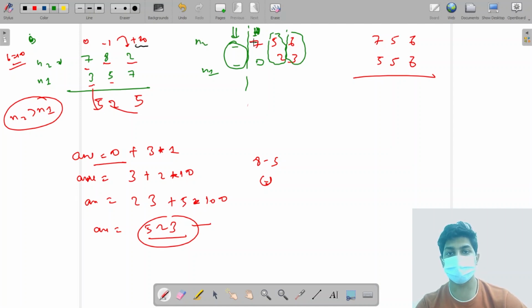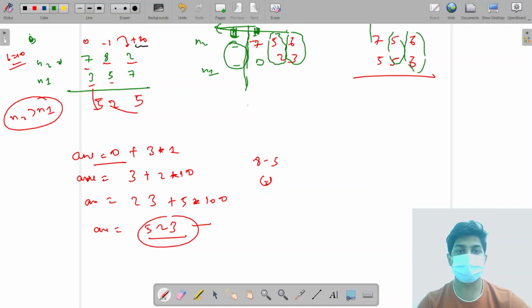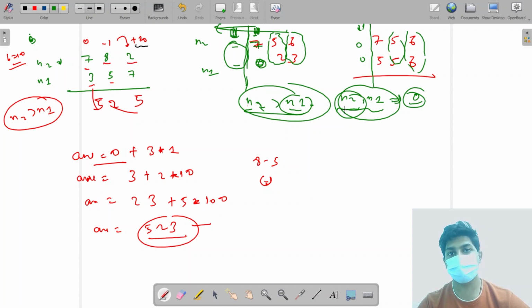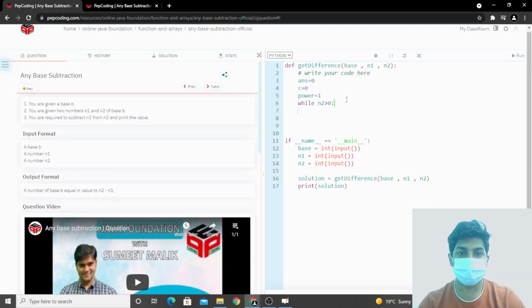Like number 2 was still there, so till number 2 is not equal to 0, we kept on moving in the left direction. If we check in this case, both number 1 and number 2 get converted to 0 simultaneously, but in this case number 2 was not converted to 0, but number 1 was converted to 0 earlier. Since it is given that number 2 is greater than number 1, it is obvious that number 1 can get converted to 0 earlier than number 2, but at max what can happen is that both will get converted into 0 simultaneously. So instead of writing for both, we can write directly for number 2. So we have done the same thing over here.